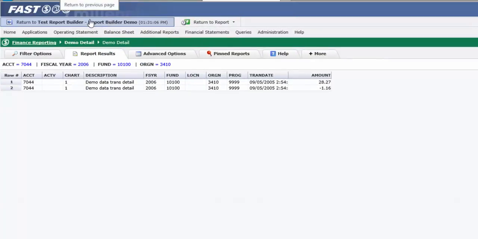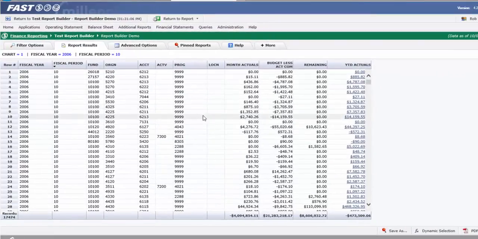If I click back, I'm back to my custom report where I enabled my